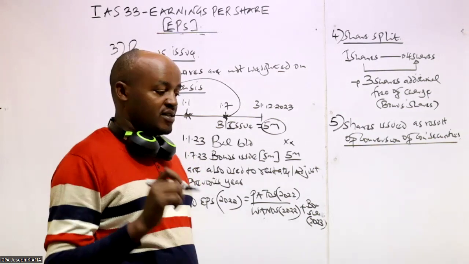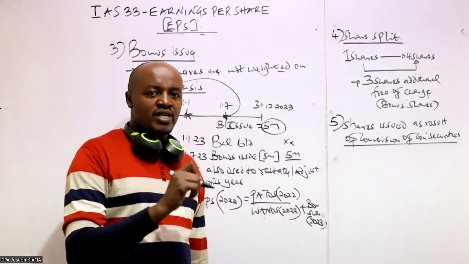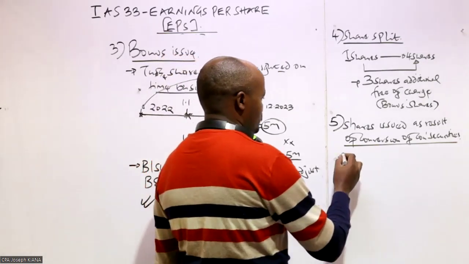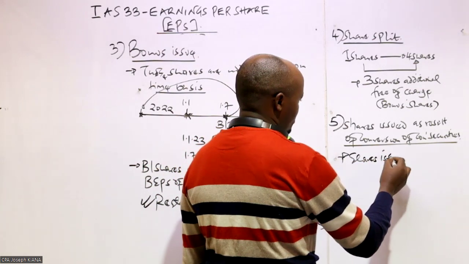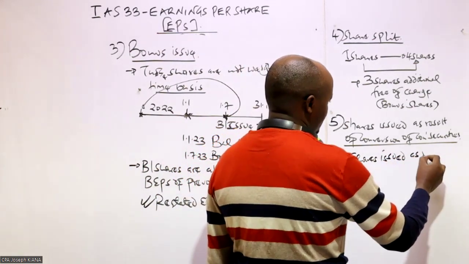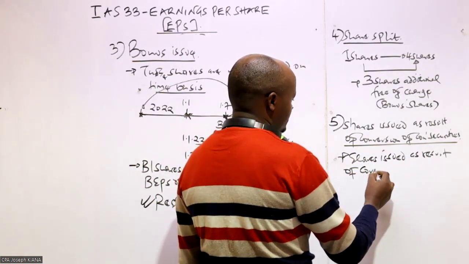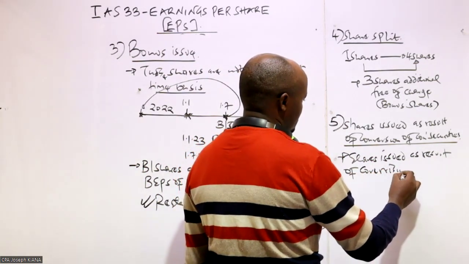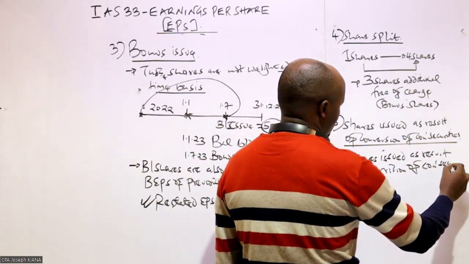Basically, what that means is that for the purpose of computing the EPS, we have to weigh them on time what? Basis. So in this case, we can say shares issued as a result of a conversion of convertible securities